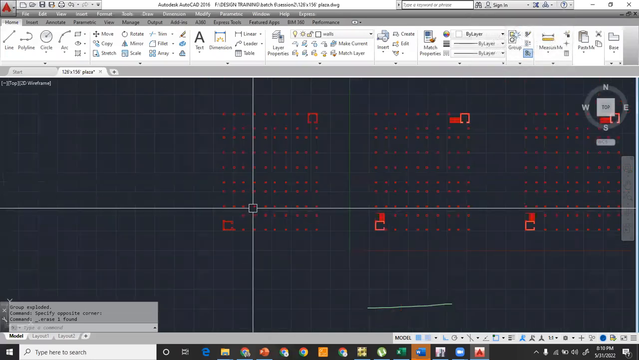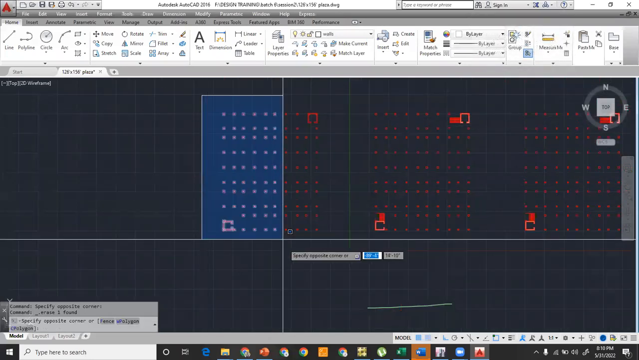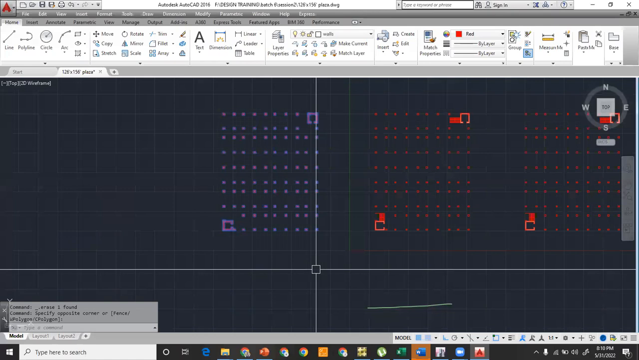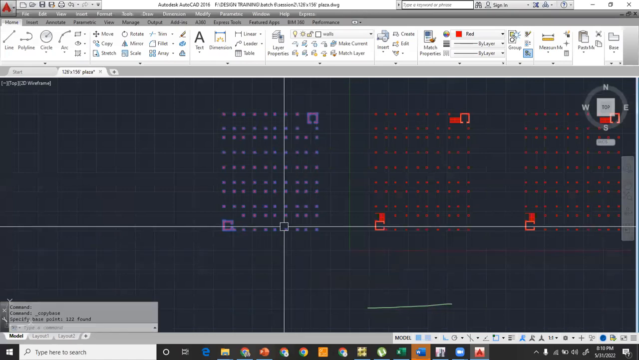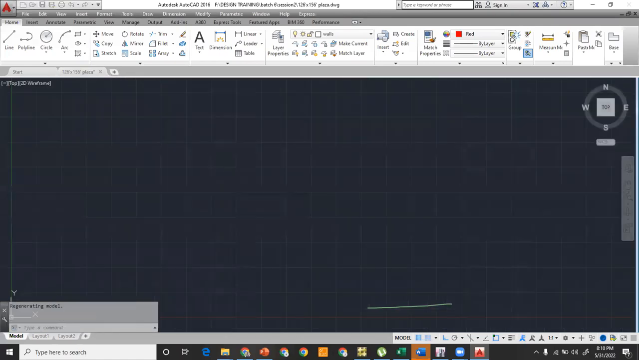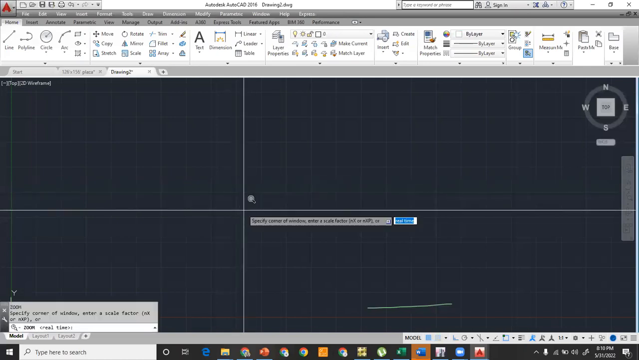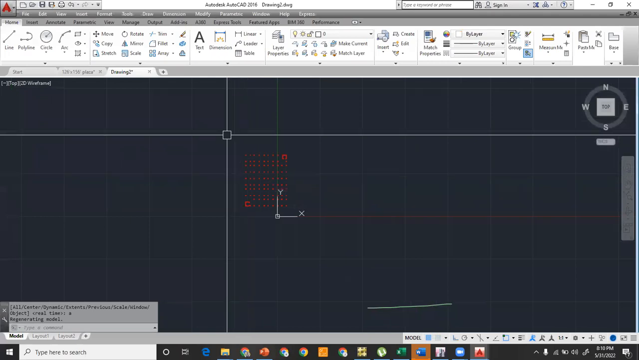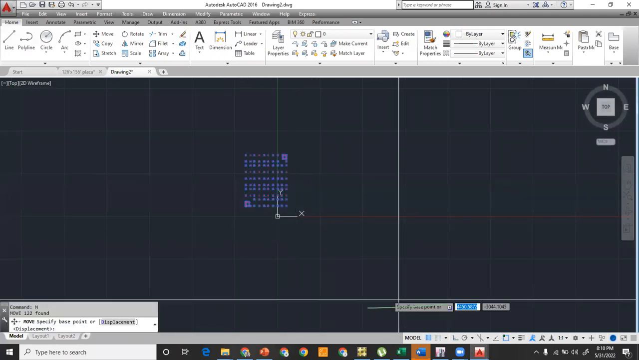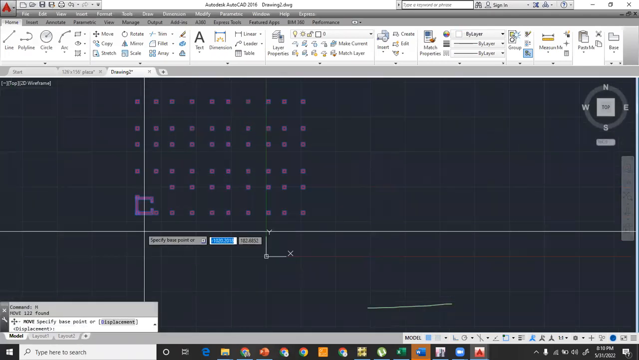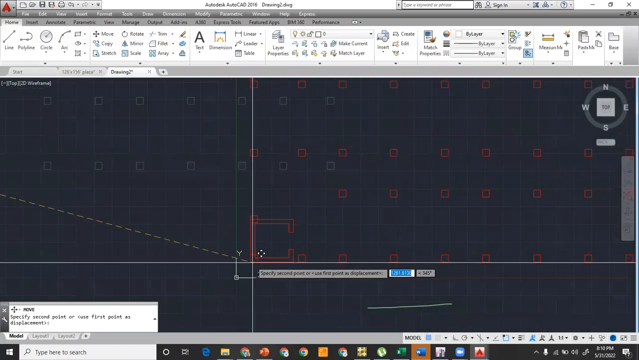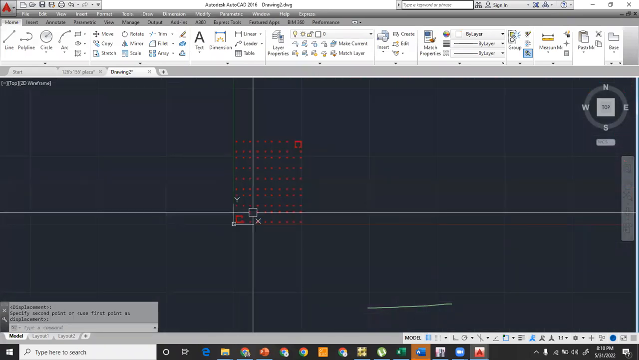Now this is the wall. Now again you have to select this, Control Shift, Control C, click on it, again new file, Control V, click anywhere, Z space, A space, and keep this near to this. So now this is the